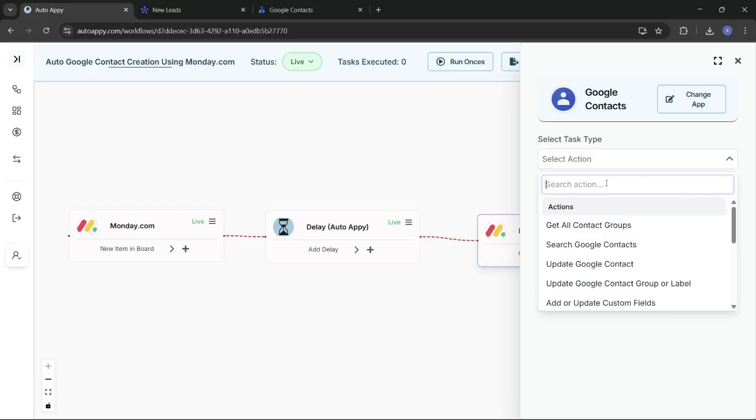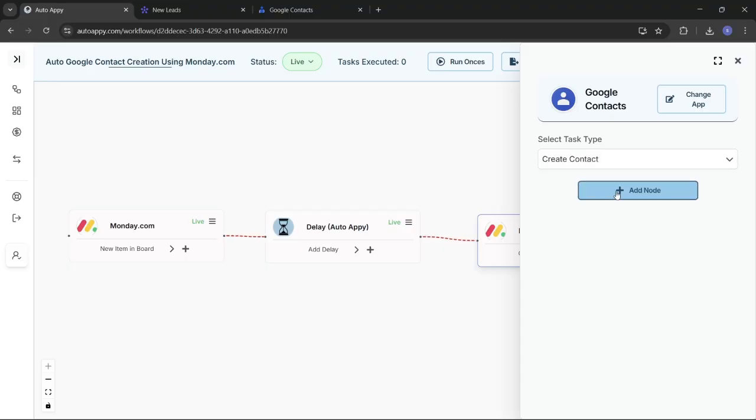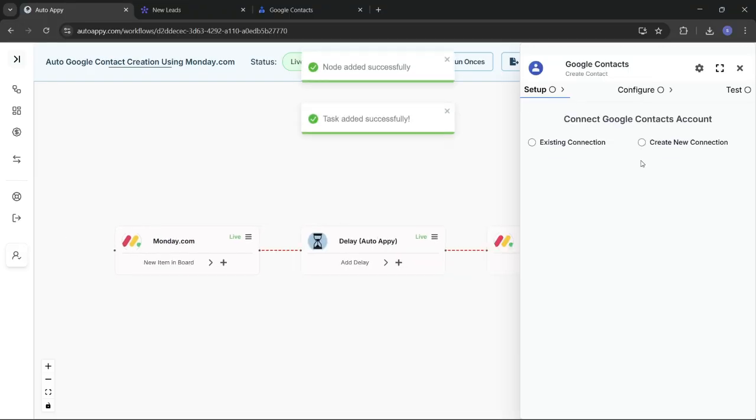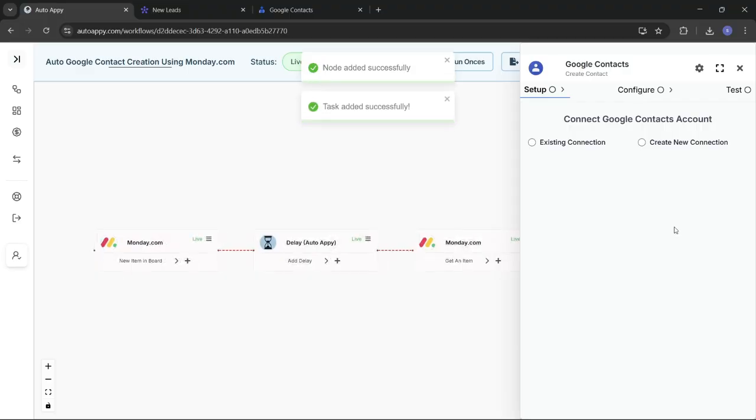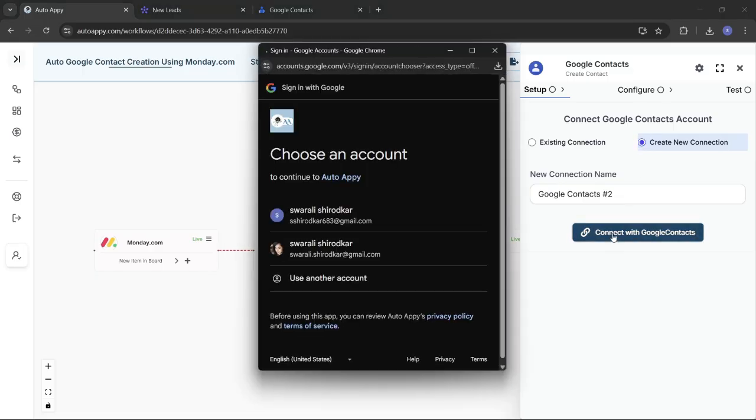So in this, we will have to say create contact, select it and say add node. Here it will open up the setup for the same, which will give us a few options. We have two different options, that is existing connection and create new connection. Similarly to how we created a new connection in Monday.com's get an item, we will have to create the same in Google Contacts. So here just say connect with Google Contacts